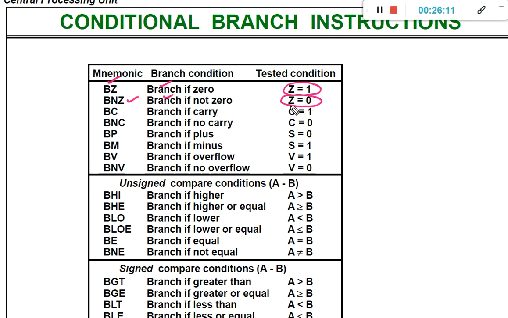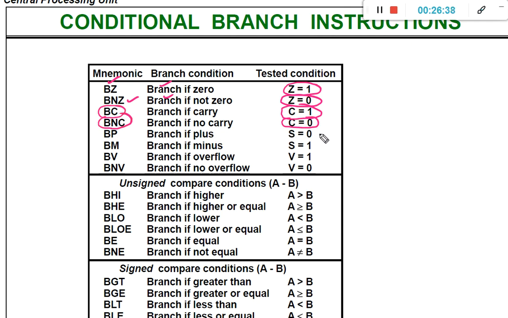Branch if carry means if the carry bit is 1, then perform the branch. So what is branch? You already know. Branch means transfer the control from the current position to another position. So if the C value is 1, then perform the branch. It is represented as BC. Branch if no carry, if C value is 0, then perform the branch, represented as BNC.